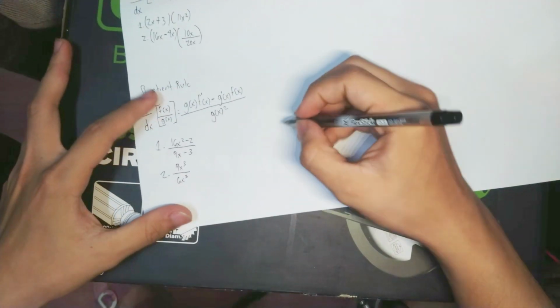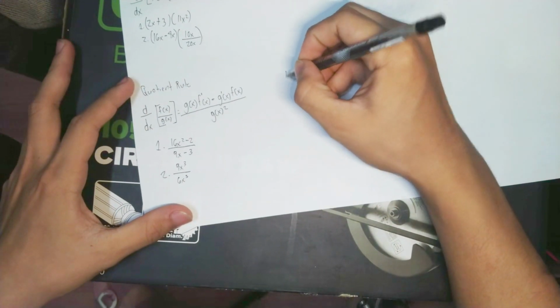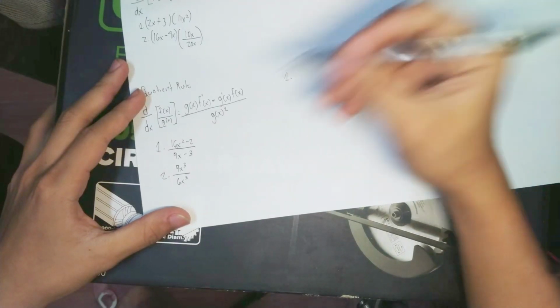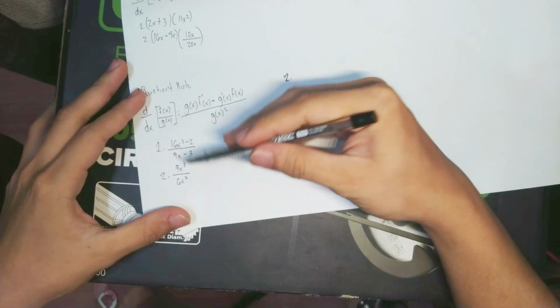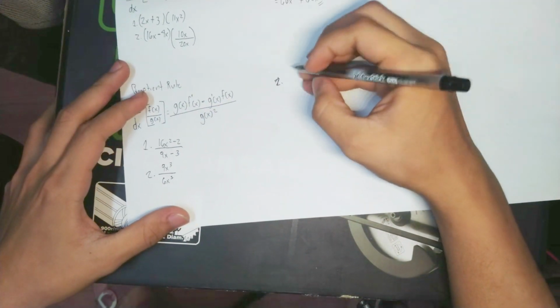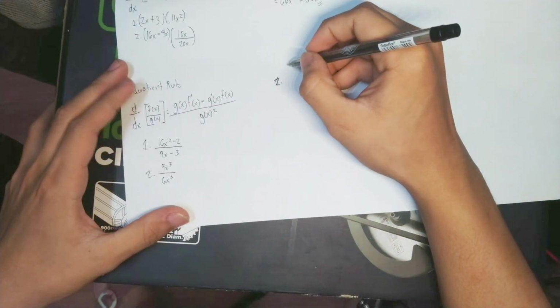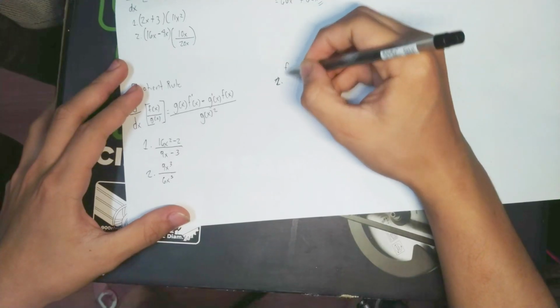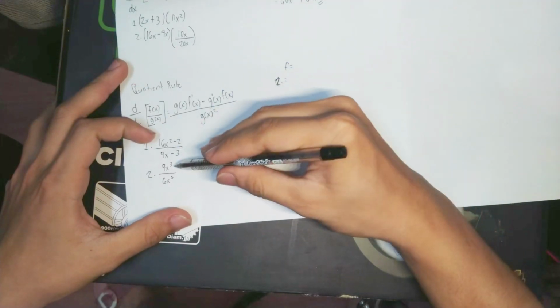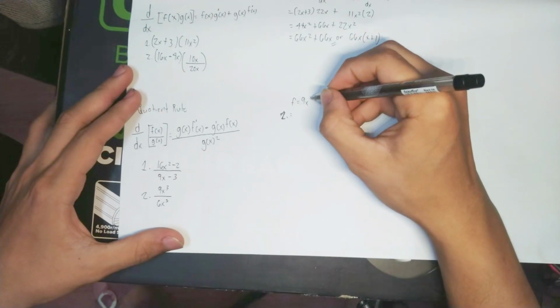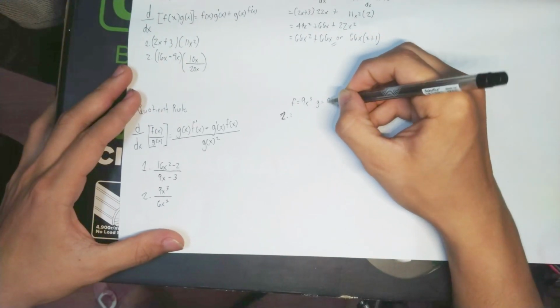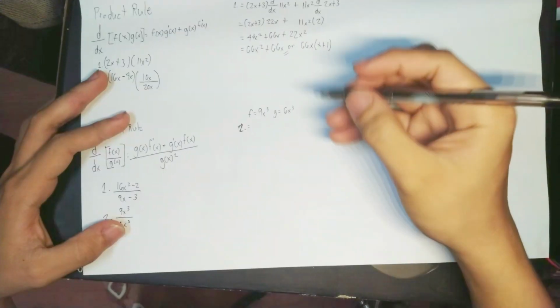On number 2, we have to learn the quotient rule first. By the way, if you notice, number 2 is actually not a very good example. You'll know why when we use number 2 on the quotient rule. Okay, so you figure out which one is top and which one is bottom, aka which one is first and last. Usually the top one is first and the last one is on the bottom. Now you just fill in the